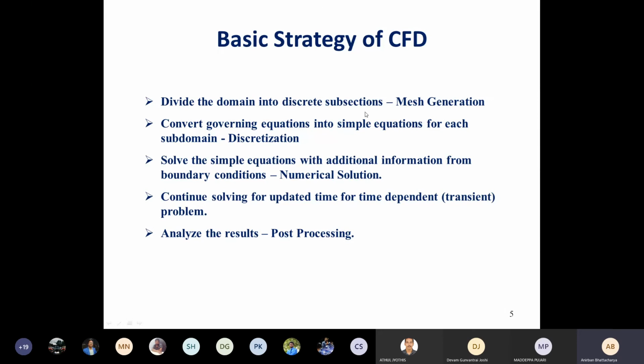You solve this equation in conjunction with boundary conditions. What are boundary conditions? These are known parameters at the boundary. Okay, for example, for the Formula 1 car, if I take a very large domain, I know that at the boundary the flow velocity is equal to the general atmospheric air velocity at that location at that time. Okay. So I can give that boundary condition.